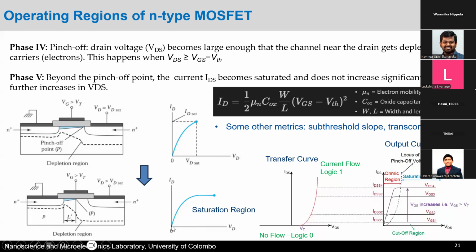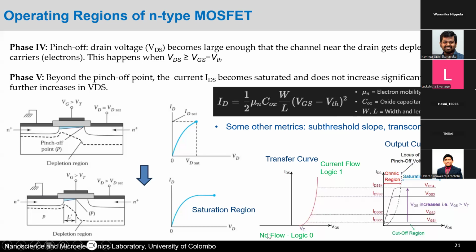So you first have the cutoff, and then it goes over the linear region, and then the current would saturate. So it's called the saturation region. And this saturation current is given by this equation. It depends on the mobility of the electrons, the oxide capacitance, the W and the L, and the threshold voltage, right? And these two curves, the transfer curve and output curves, are highly used metrics to understand how the transistor actually functions. So here in the cutoff, you have no flow